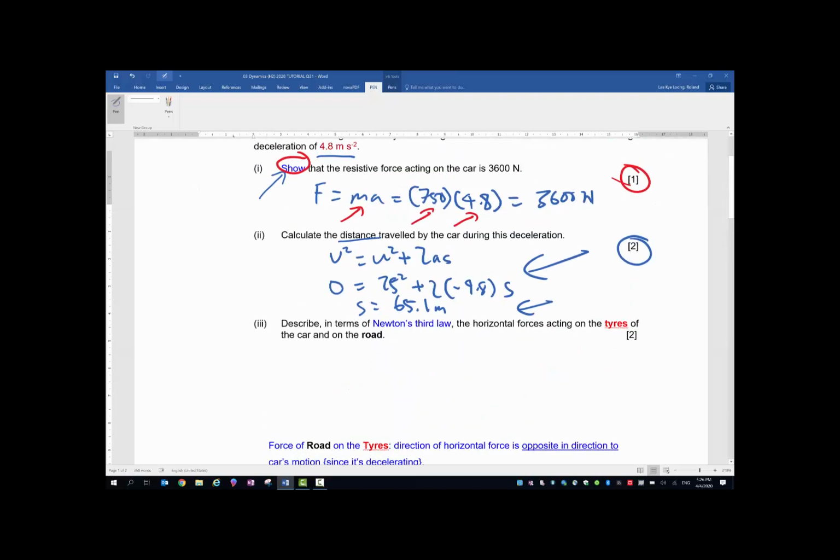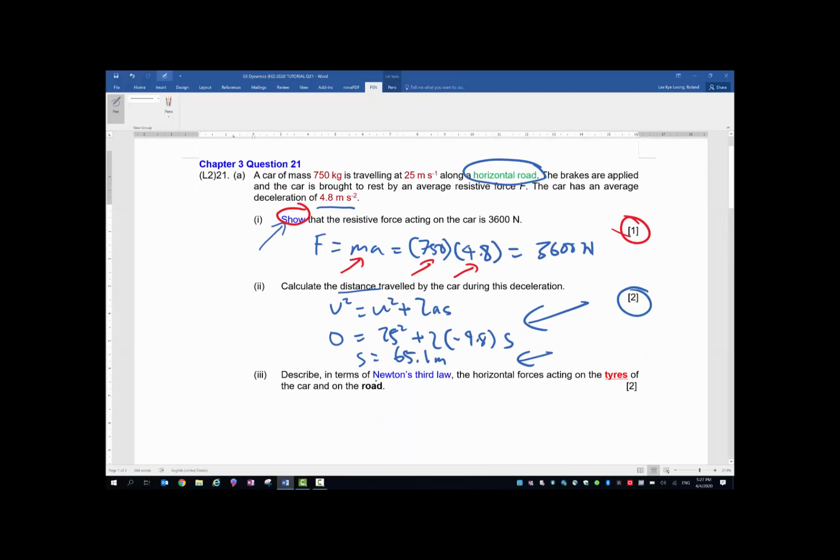Okay, so the third question. Describe in terms of Newton's third law the horizontal forces acting on the tires of the car and on the road. Okay, the forces acting on the tire and the forces acting on the road. Now remember Newton's third law, what do they want you to show? Whenever it's a question of Newton's third law, they want you to show this: the force that A acts on B is equal and opposite to the force that B acts on A. So it is two bodies, body A and body B, and the force is equal in magnitude